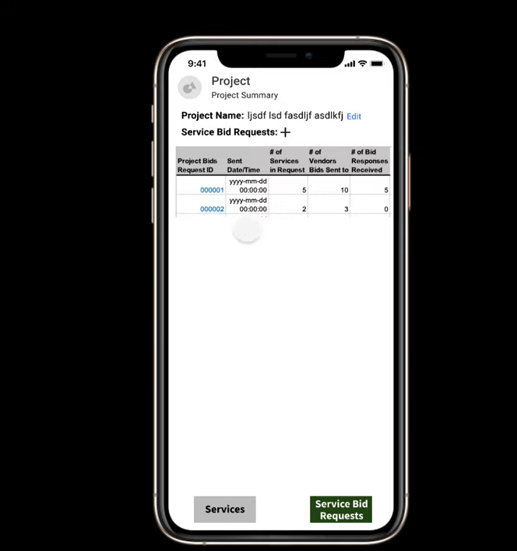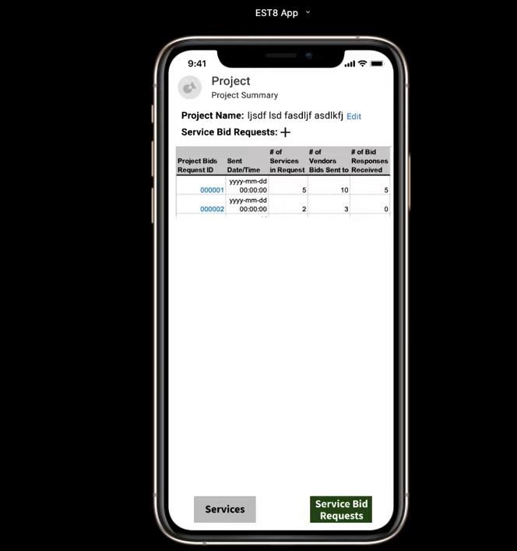And I'm not going to go into the detail, but basically a second row would be created on this screen. So this second row would be the 2 new services. So this would be the roof and the chimney. And let's say for the roof, I wanted to go to my preferred vendors, and let's say there's 2 preferred vendors. And then maybe for the chimney, I wanted to just go to one specific vendor. So in total, there's 2 services that are going to be sent out to 3